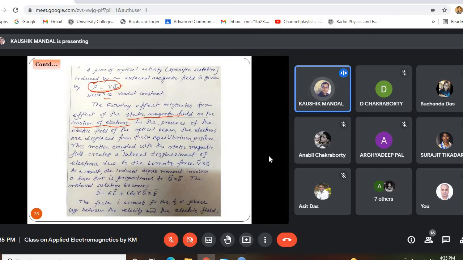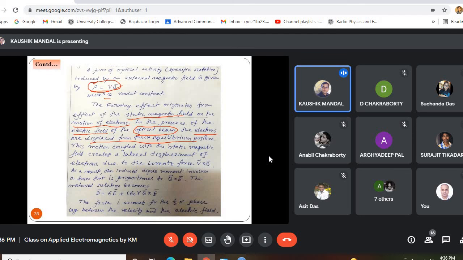So in presence of this electric field, when we are considering some optical beam, that means there is some electric field also, or we are basically considering the optical beam in terms of electric field and magnetic field components. So when we are considering the propagation of an optical beam or light wave or electromagnetic wave, there is some electric field. So in presence of this electric field of the light wave or electromagnetic wave, the electrons will be displaced from their equilibrium position.